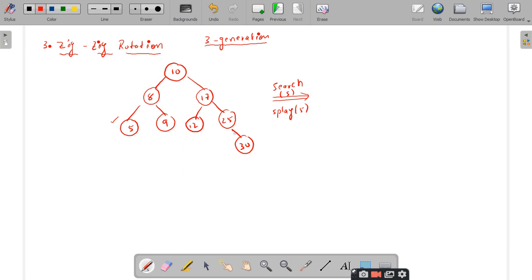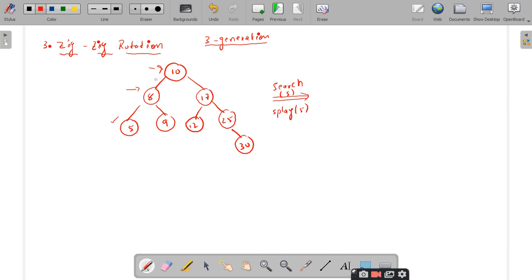So what is it that you have to do? In order to splay this 5, you have to check in which direction the search element has been placed. Right. Here the 5 has been placed as the left child of 8, but this is not a root node. So if it is not a root node, you have to consider one more generation, that is the grandfather.